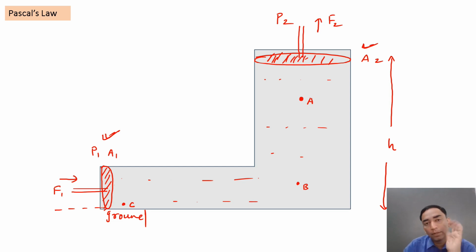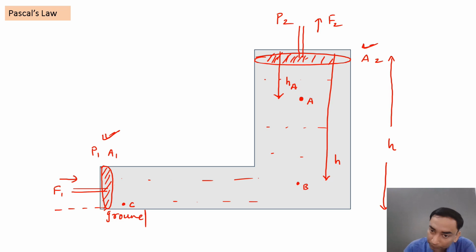Now I'm saying when the fluid is at rest inside this container, what do you think? Where is the pressure higher, at A, B, or C? The correct answer is C, because look at this point. A is at less depth, or HA, B is at HB depth, and C is at a depth of HC,